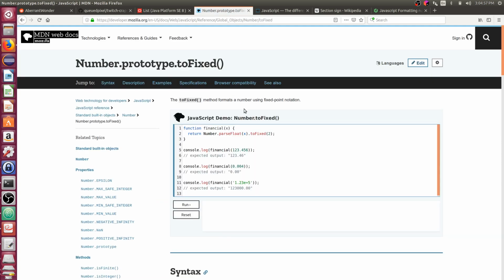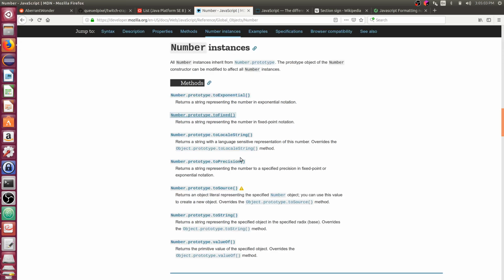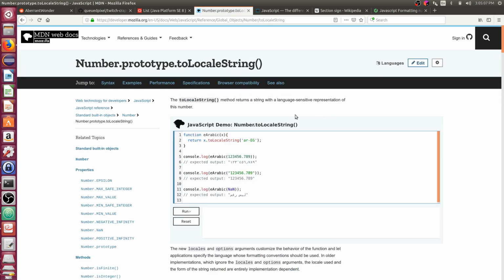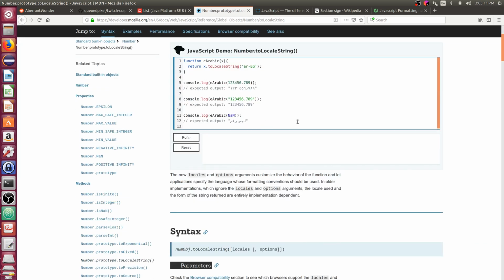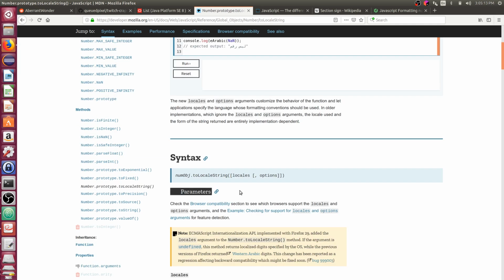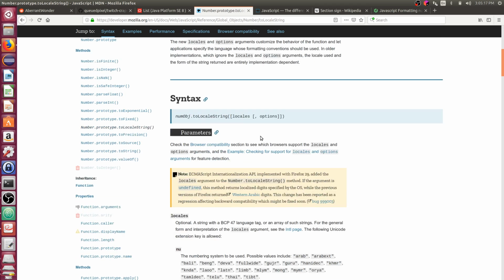So I have toFixed. I was just wondering if there's a secondary parameter I could use to do that, but no. toLocaleString, with locales and options.